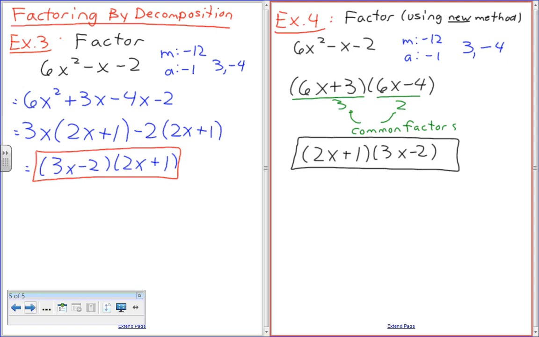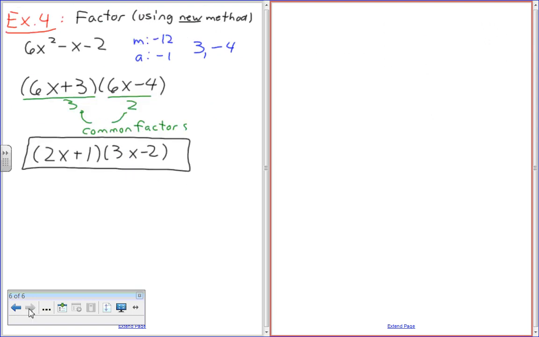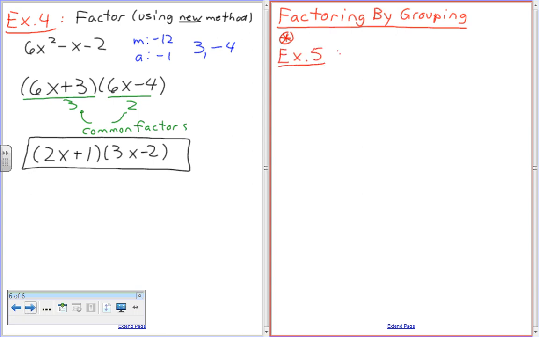No? Alright, fine. Okay, let's go for factoring by grouping. Please put a star heart beside this one. Because this is where we're starting to get to things that are new. Okay, this is example 5. We'll start with this one and we'll move on to more awesome things. Example 5 is